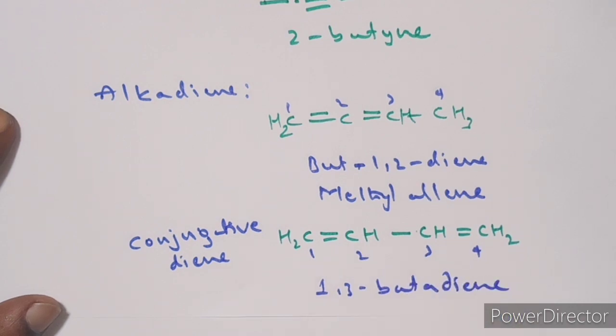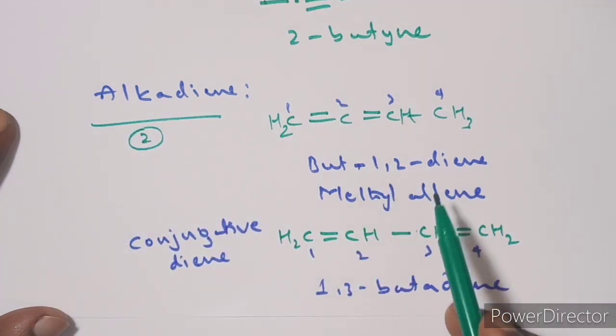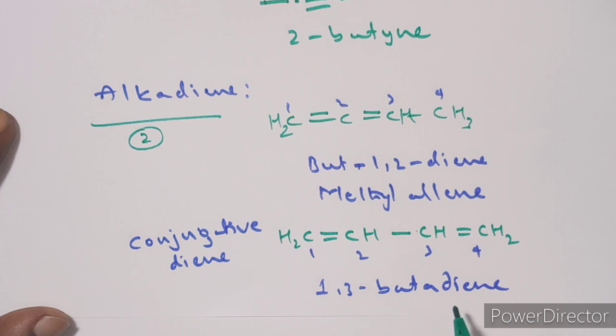If you remember Buna-S, 1,3-butadiene plus styrene, the polymerization gives Buna-S, in which styrene is a highly poisonous gas. Here at Vizag, the leakage of styrene gas caused severe, bad effects on the people, you know that, right? Anyway, how many butadienes are we writing here? Two. The number of possible alkadienes is two: buta-1,2-diene and buta-1,3-diene.